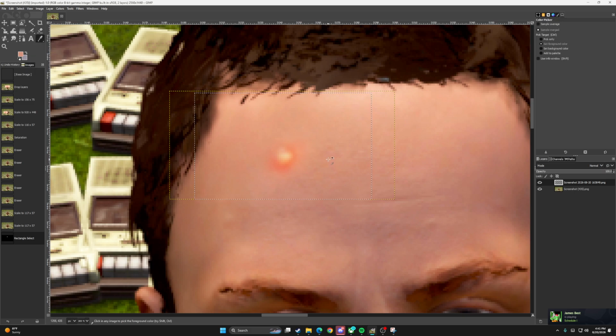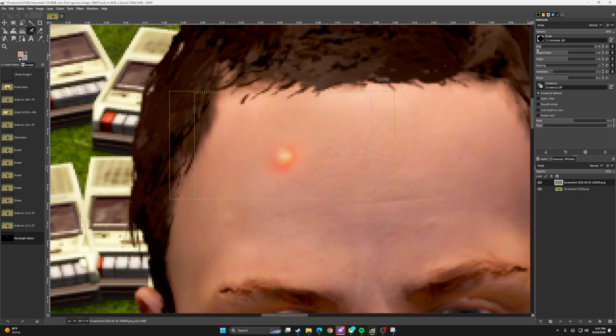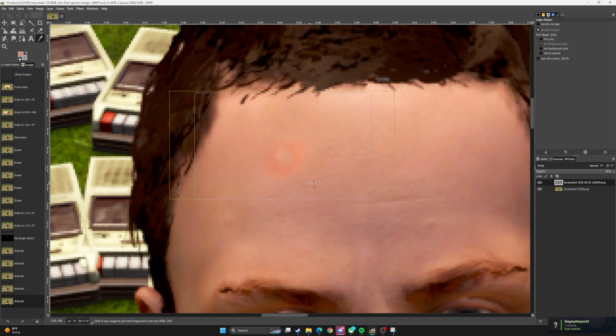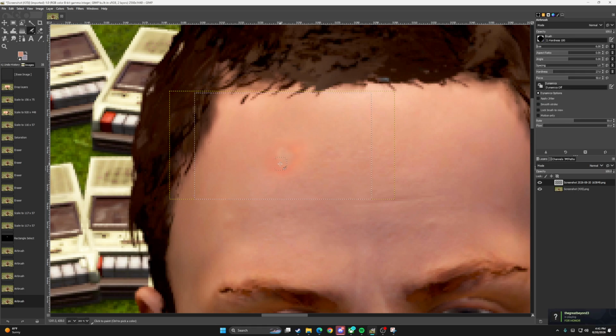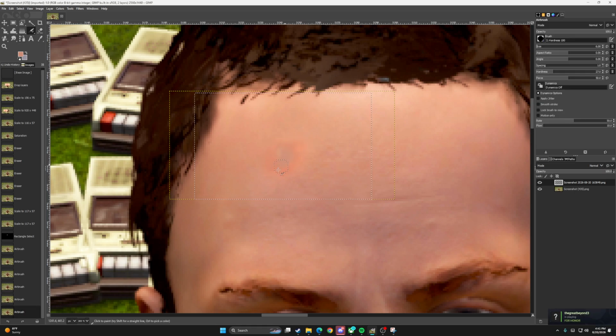I can use my color picker tool, pick the color of the skin, grab my spray paint tool, make the size a little bit smaller, and start to spray paint that in. And maybe I can use my other color picker tool, make it a different color, and then draw that in some more. And then maybe I can make it a little bit bigger, do more of a drawing,